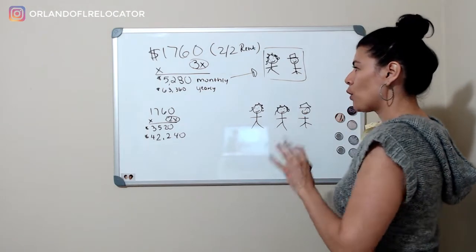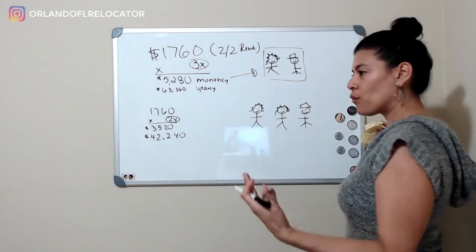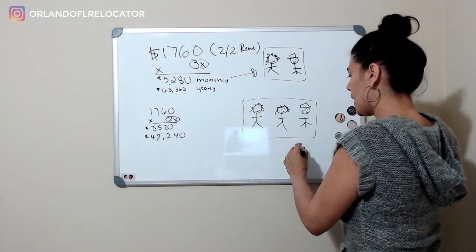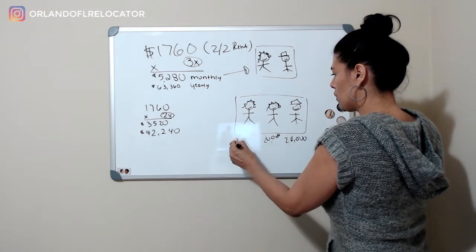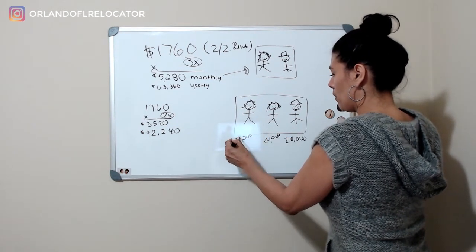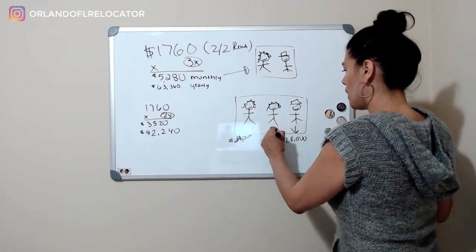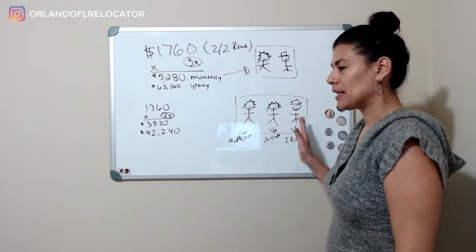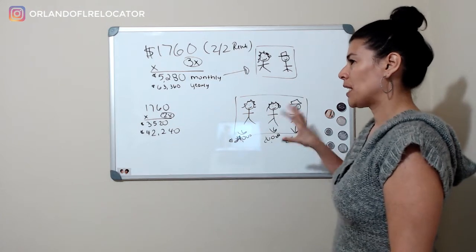They also have to prove that they actually make 3 times the rent together. So this person could make, let's say, 20,000. They all could make 20,000, and then she could do 23 or 24. So this person can make 20, and then she makes 24. So it doesn't really matter. It doesn't have to even out, but they all have to add up to 3 times the rent so you guys can